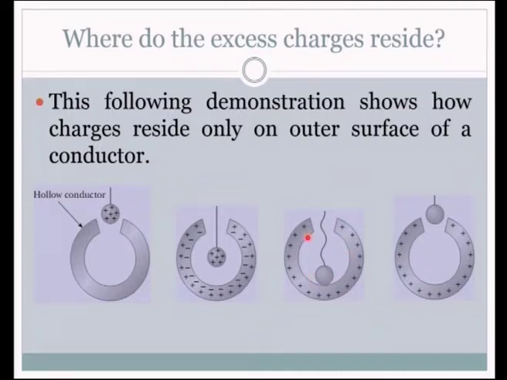What is the meaning of neutralization? The electrons get into this positive sphere which does not have sufficient electrons. Look at the way in which it is made positive. This positive charge appears only on the outer surface because each charge sets up an electric field around it. This electric field influences the other charges to move to the outer surface. So, the charge resides only on the outer surface of a conductor.